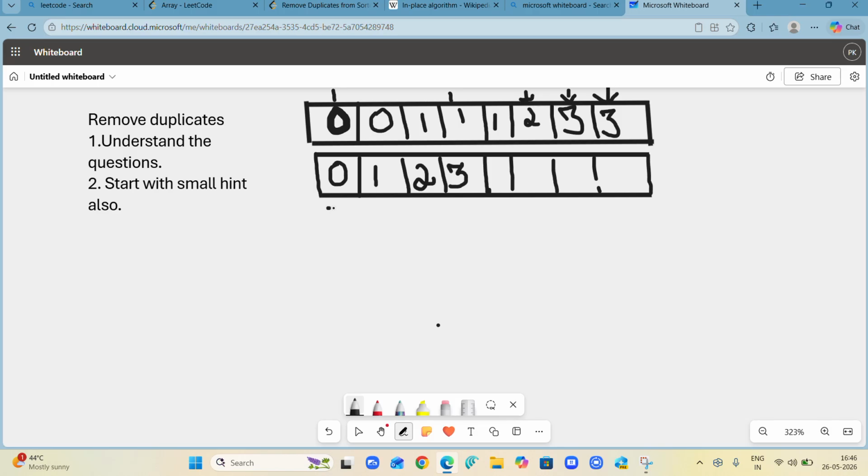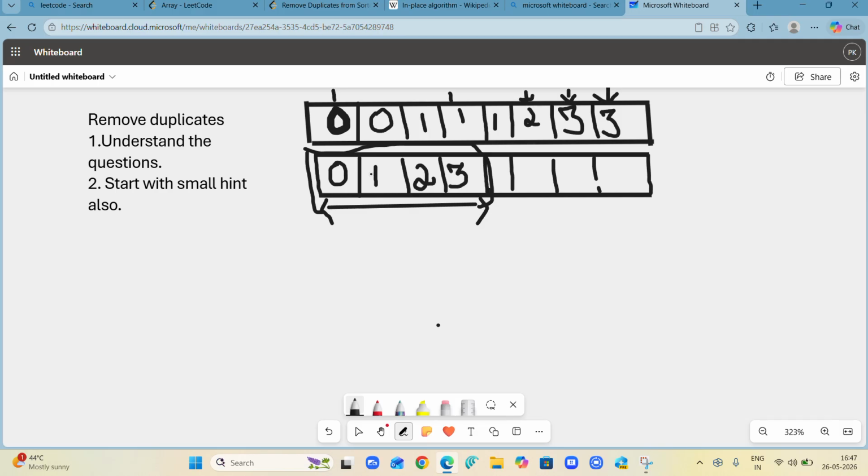So therefore what we got is that the elements are 0 1 2 3, this much. And what you are going to realize is that my index has become 4, right? So for the size part, I'm going to return the index only, because whenever we were getting the same element we were not increasing it, right?